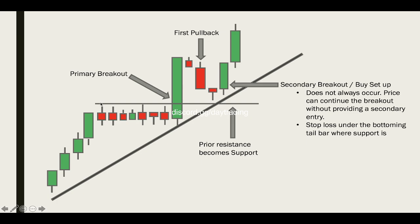But what I really want to emphasize here is oftentimes this line right here, this entry point, is serving as resistance, right? We're buying it when it breaks the resistance of the base, over the highs of the base. But this prior resistance level is now turning into support for the stock or crypto, where we actually pull back to this prior resistance, which is now support. So during this point, this resistance level was acting like a ceiling. As soon as we broke out of that ceiling, it's now turning into support. And we retrace right back to that support level before we continue higher. Okay. Now, this doesn't always happen,